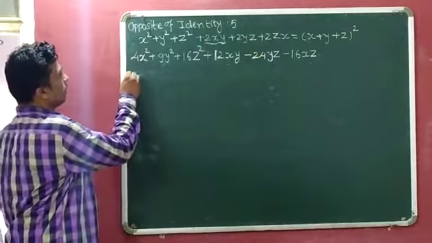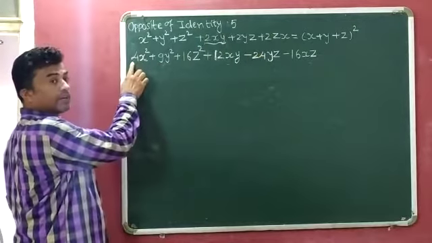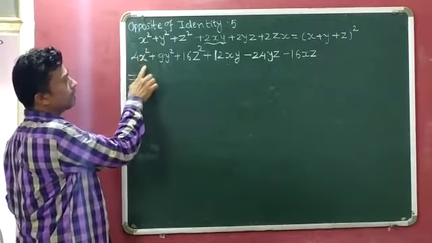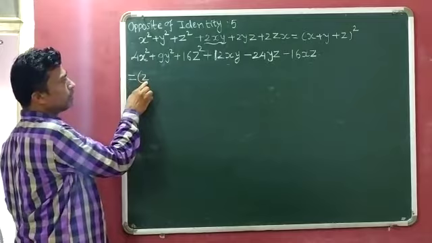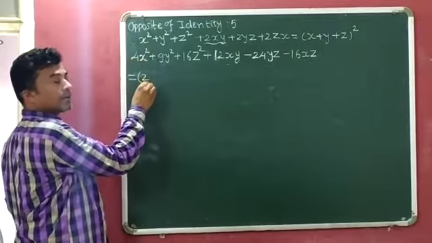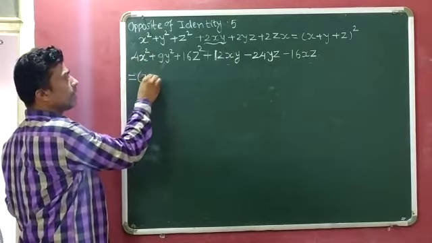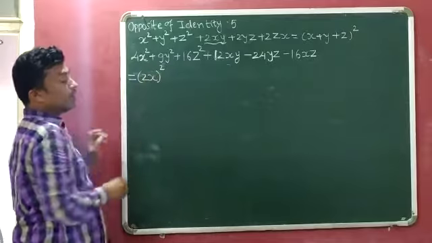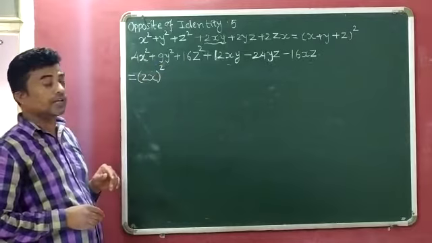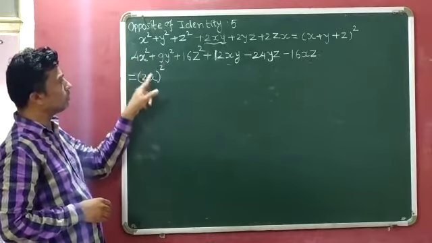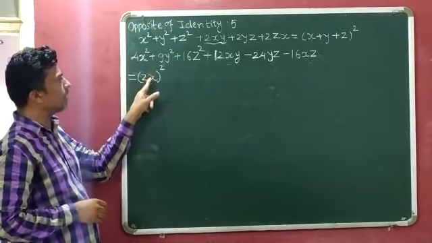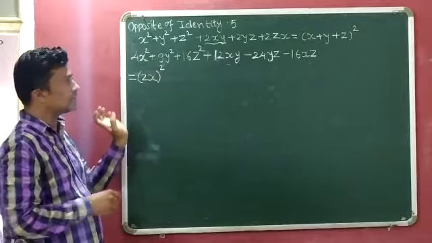So see children, is equal to, first we will identify the square root of 4x square. So square root of 4 is what? 2. So in bracket 2. Square root of x square is what? x, and the square. Now we will check whether our arrangement is right or wrong. So see, this 2 is the square of 2, so 2 twos are 4, and x square, square of x. So our arrangement is right.